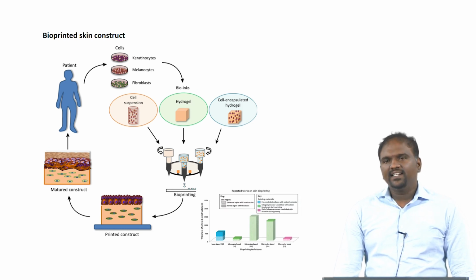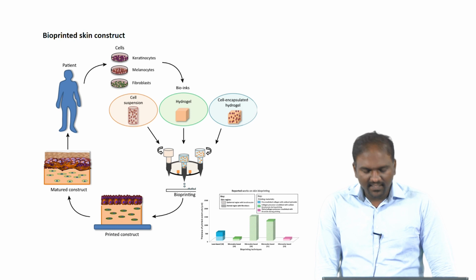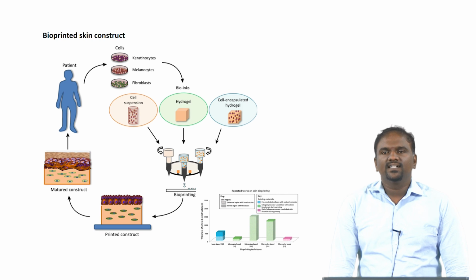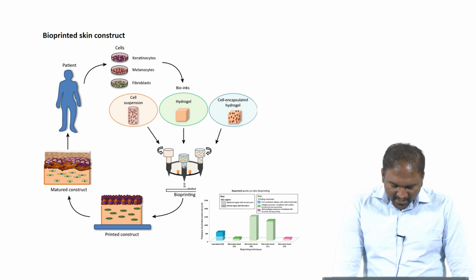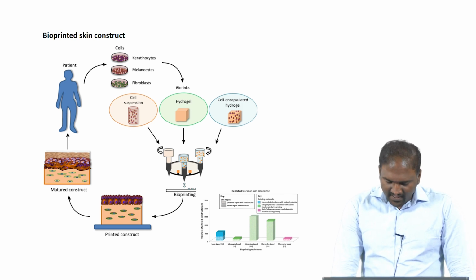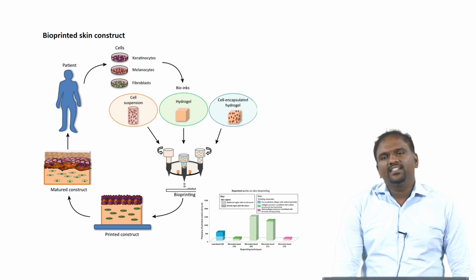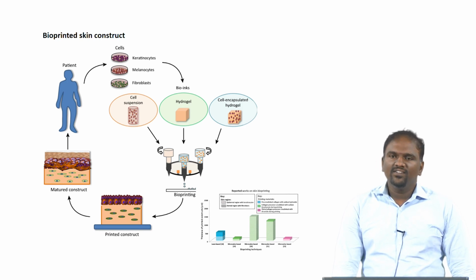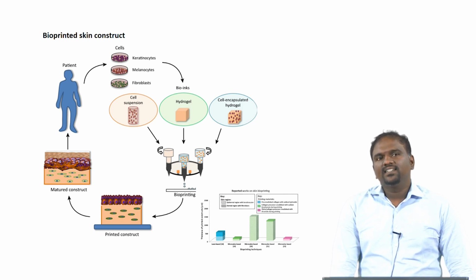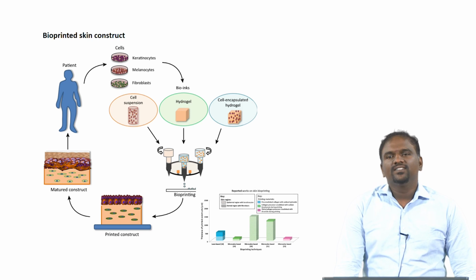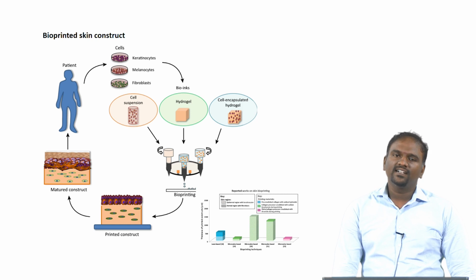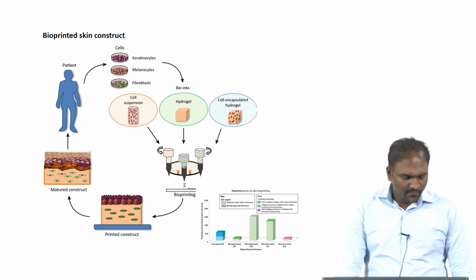So far, with various techniques, they were able to achieve a particular thickness. With laser based technique, they were able to achieve around 600 micron thickness of the skin. In case of microvalve based technique, they achieved about 150 micron. They have used various materials: collagen, hyaluronic acid, chitosan, and various types of biopolymers. Especially, they are all water soluble polymers. So far very limited papers are available with hydrophobic polymers used for skin graft applications.